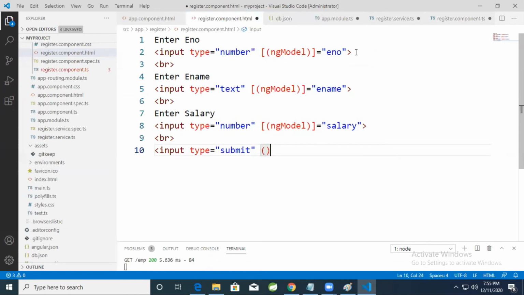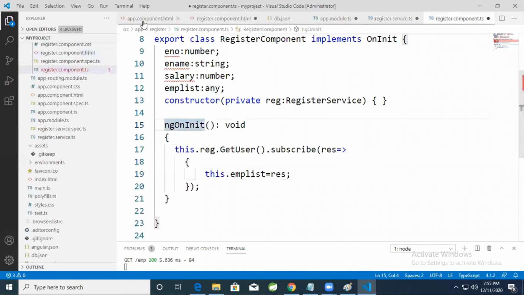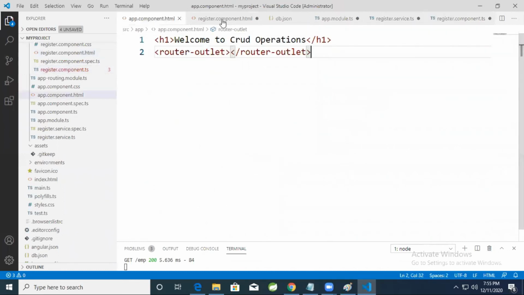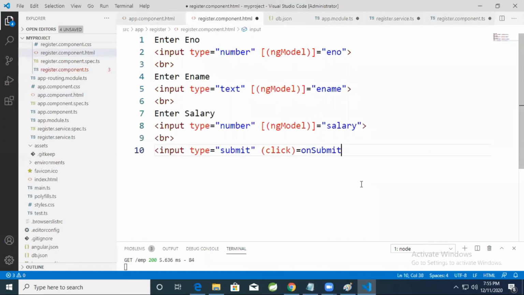Value, or you can use this click event. Event binding. Whenever user clicks on this button, I want to invoke this method. Which method? Component method. What is the method name? Some method I will write actually here. I'll try to write some method as onSubmit. This ngOnInit method will invoke by default. When user clicks on save button, I want to invoke this onSubmit method. Yes or no? And here I'll try to give some value also. I'll try to give the default text you want to display. That is save. Are you following?